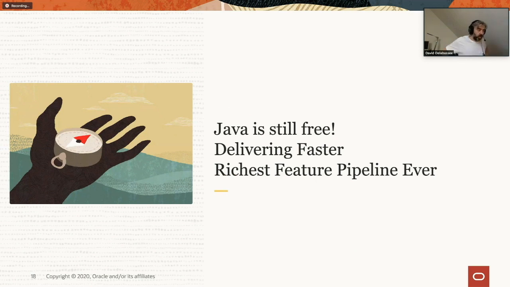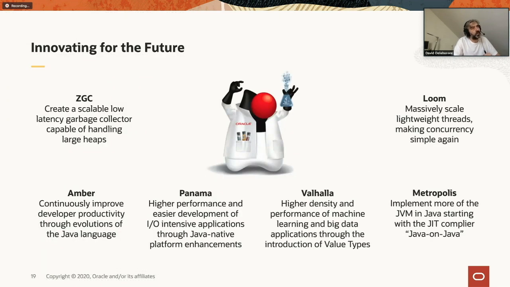So it's a very interesting time for Java, because we clearly have a very rich pipeline when it comes to features. Why? Because, well, I wouldn't say many years ago, but 4 to 5 years ago, we decided to work on very ambitious projects, multiple long-term R&D projects, and they each had a goal to either fundamentally improve a certain aspect of the Java platform or even revamp a given aspect of the platform.